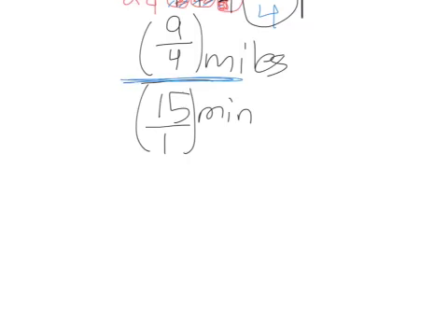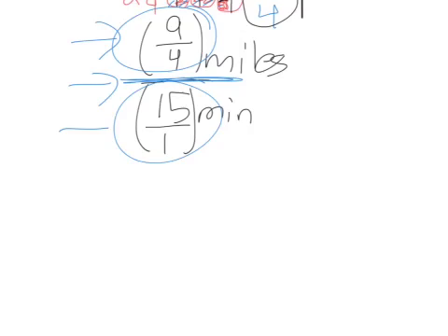So instead of dividing this fraction by this fraction, we're going to do a keep, fix, change. So we're going to keep the first fraction the way it is, 9/4. Then we're going to fix the division symbol to a multiplication symbol so that it's easier to work with. And then we're going to change